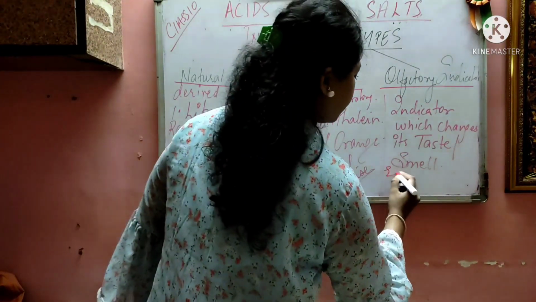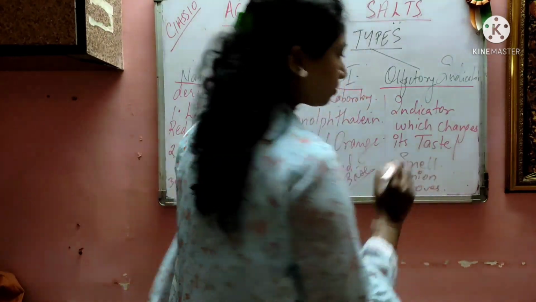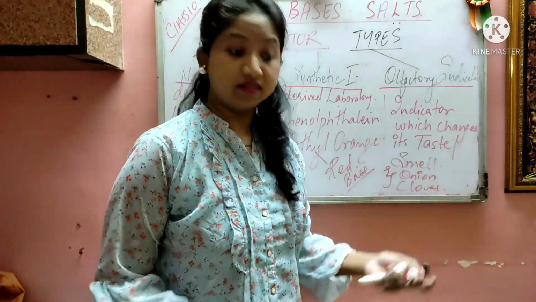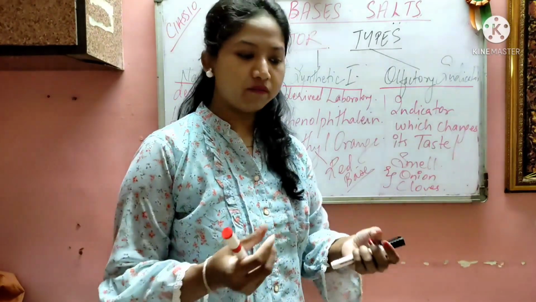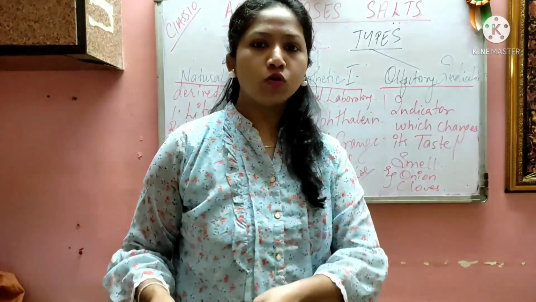Examples are onion and cloves. These are called olfactory indicators. It means that when you add it into an acid, the smell changes, and if you add it to a base, the smell